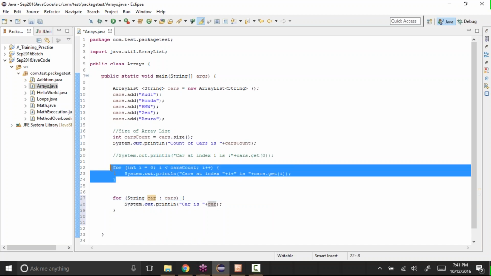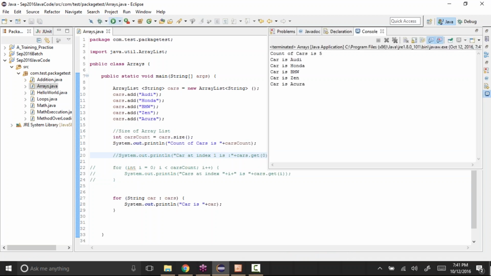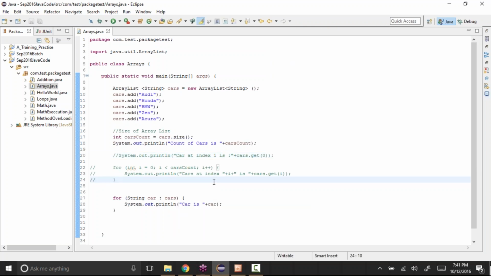Let me comment this and only run this part. If you see here, car is Audi, Honda, BMW, Zen and Acura. So you can use either this loop or this loop to loop through and display the values from that list, the array list.